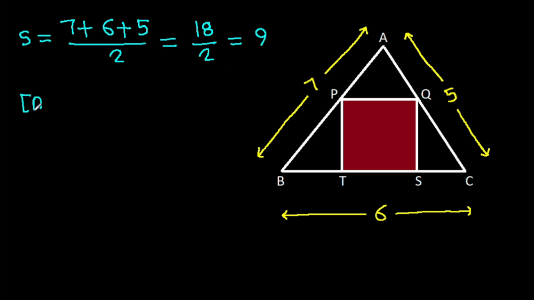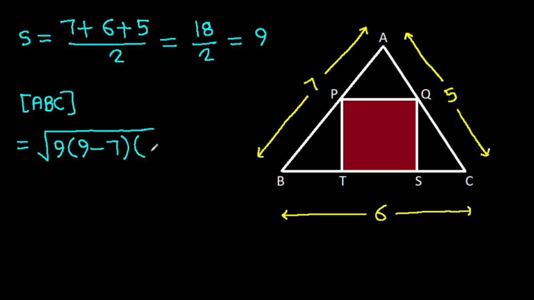So the area of ABC will be root under s is 9 times 9 minus a is 7 times 9 minus b is 6 times 9 minus c is 5,